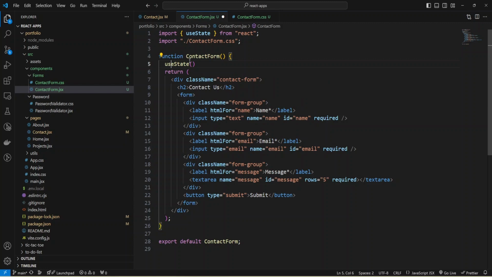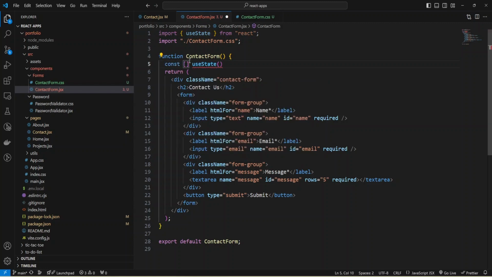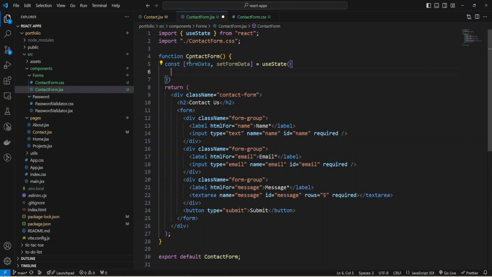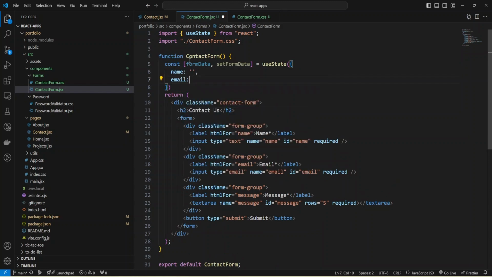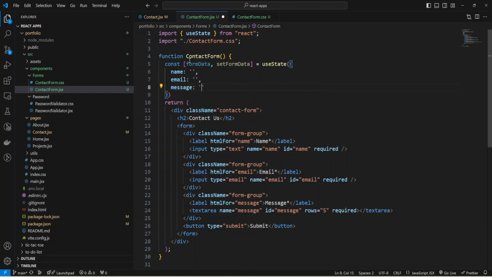I'm going to keep the values in my variable formData, the function to change variables will be setFormData, and the initial value will be an object with fields name empty, email empty, and message empty.